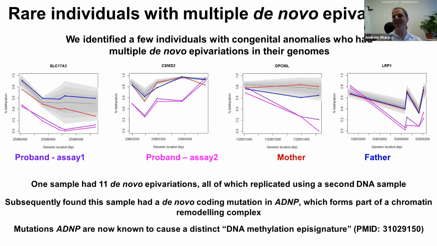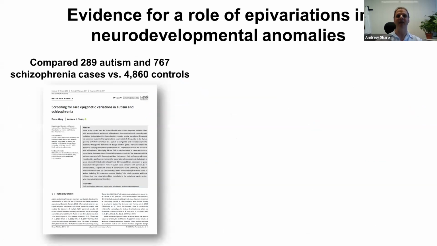And what we subsequently found is that, interestingly, when you go back, this patient's exome data was then properly analyzed and found they had a de novo mutation in this gene ADNP, which is part of a chromatin remodeling complex. This all fits together perfectly. Clearly, mutating a chromatin remodeler is messing up their genome in very consistent ways. And it's now known that if you have mutations in ADNP, it causes a distinct DNA methylation episignature. I think I saw on your lecture list you had Bekim Sadikovic talking about exactly this a month or two ago. So we're finding exactly the same kind of things here.